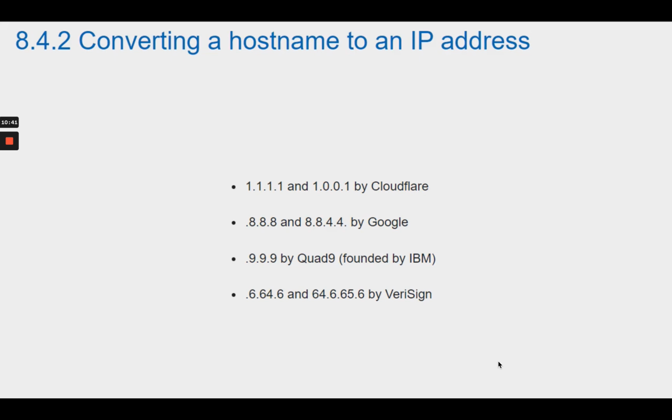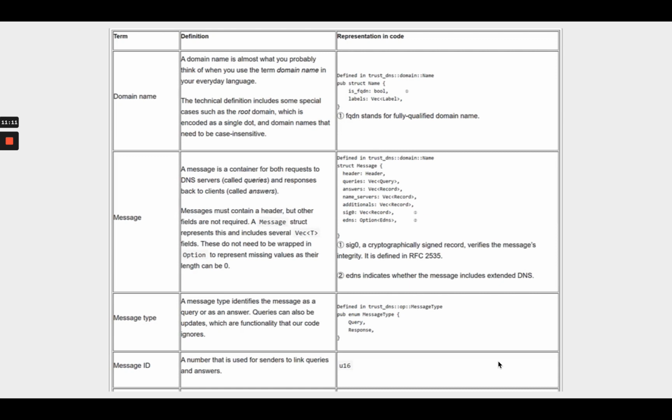1.1.1.1 and 1.0.0.1 by Cloudflare. 8.8.8.8 and 8.8.4.4 by Google. 9.9.9.9 by Quad9, founded by IBM. 64.6.64.6 and 64.6.65.6 by VeriSign. Our Resolve application only understands a small portion of DNS protocol, but that portion is sufficient for